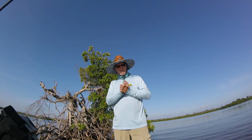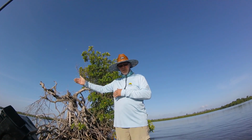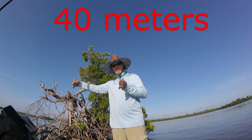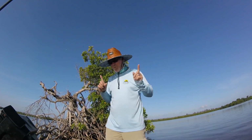All right, I'm in the shallows right now. They want me to go just offshore and then go out to 50 meters. So it's 0 meters, 10 meters, 20 meters, 30 meters, 40 meters, 50 meters. And then make the readings. Now the way we do this